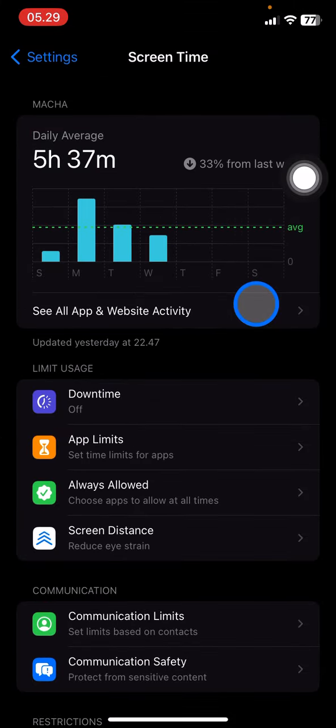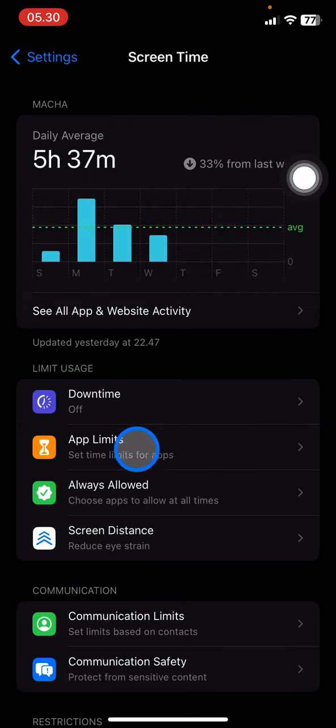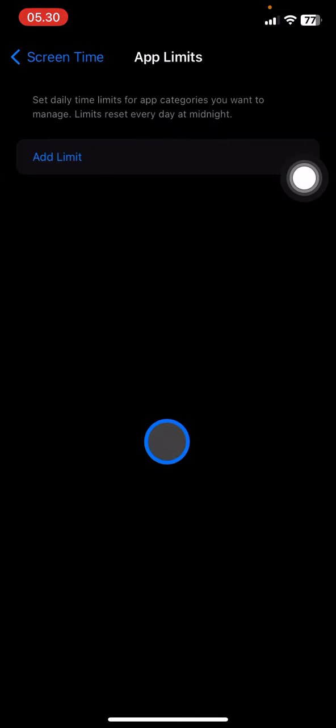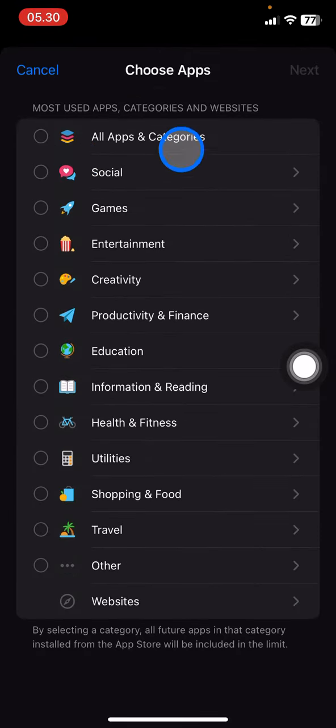So you can manage every single application that you want to manage. You can add the durations of how long you want to use your application, and the iPhone will control it for you. So you just need to click this app limits right here, and then click this add limit, and you can pick which application you want to add the screen time or